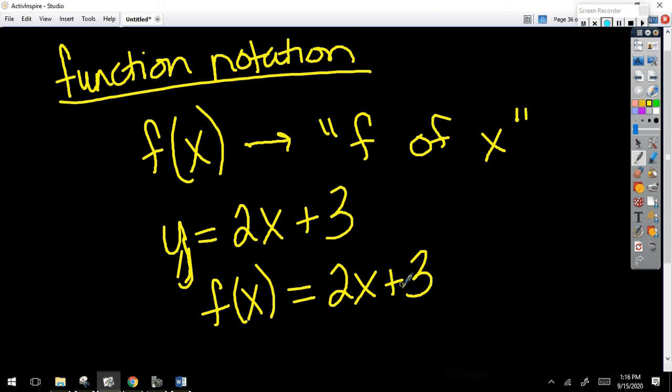Now, what you do need to know how to do is to know that whatever is in these parentheses goes in for every variable in here. So, for example,